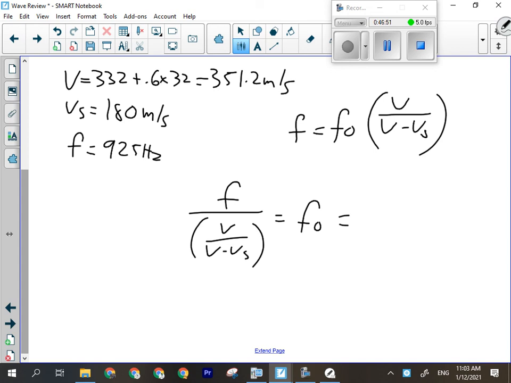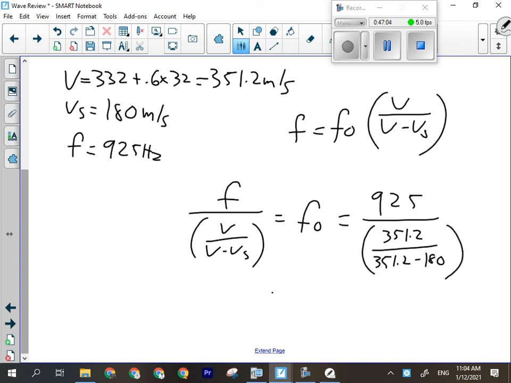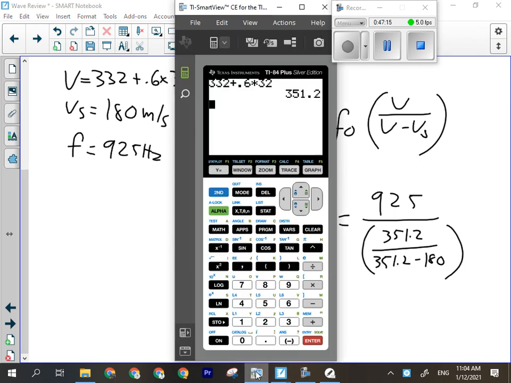Now all I have to do is plug in my numbers. 925 hertz divided by 351.2 over 351.2 minus 180. Are these frequencies going to be quite different? Yeah, the faster you go, the more the Doppler effect is pronounced. So when we plug in our numbers here, we'll have